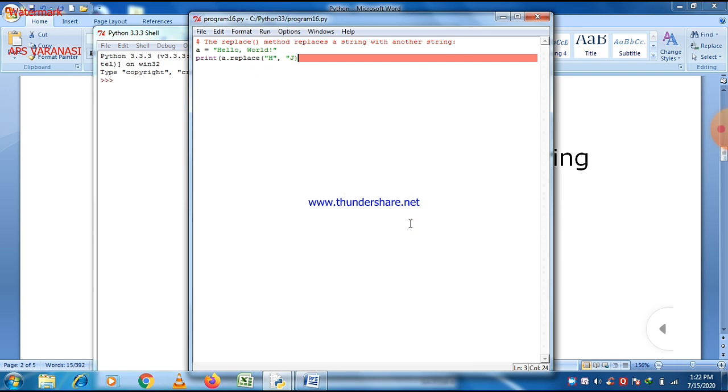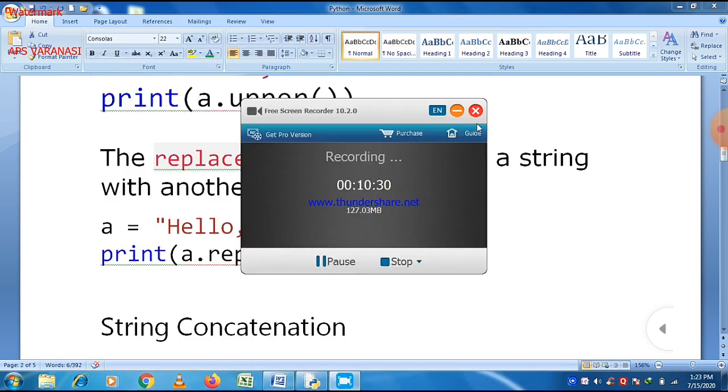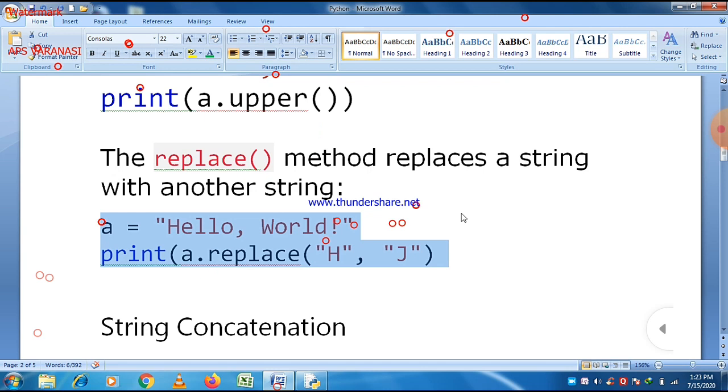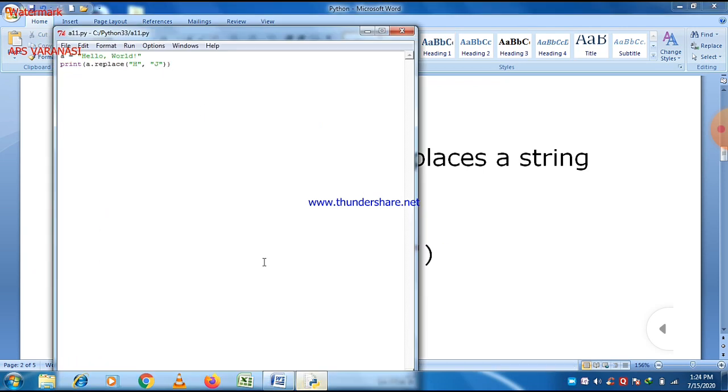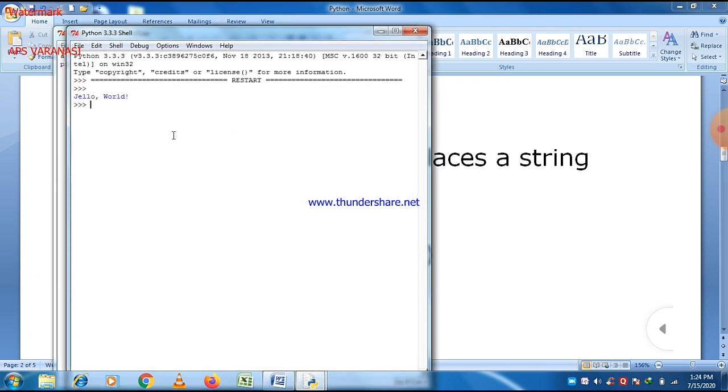The end of line is not proper. So this is the end of line here. Now the program is correct and you can easily execute it. Run module, and okay, that is hello world.